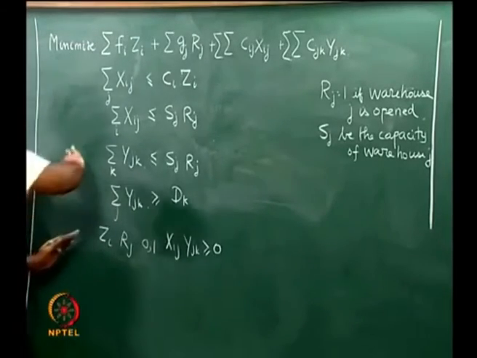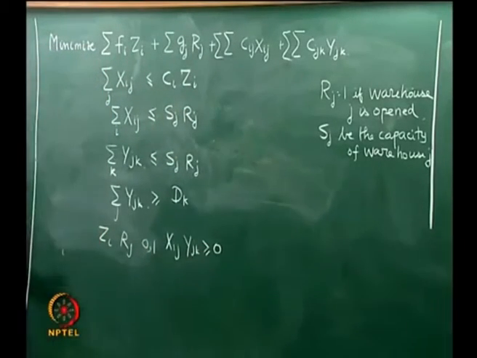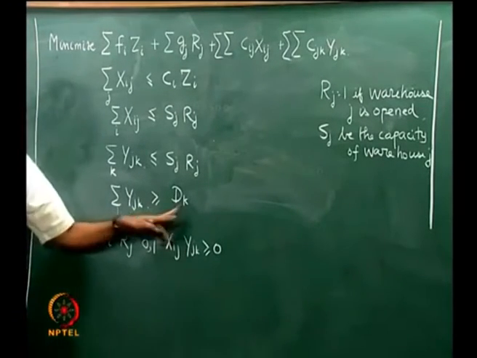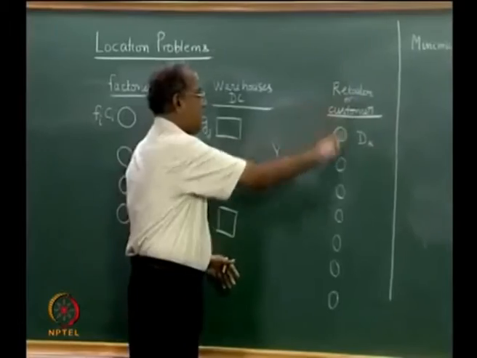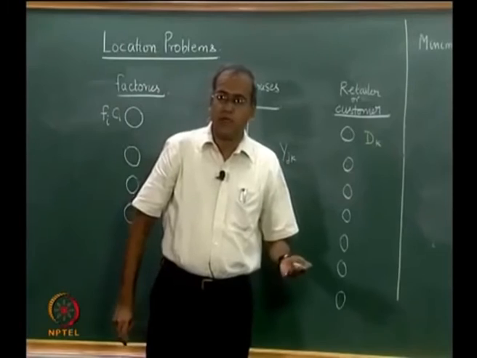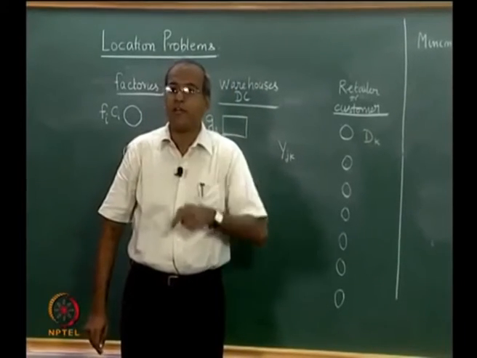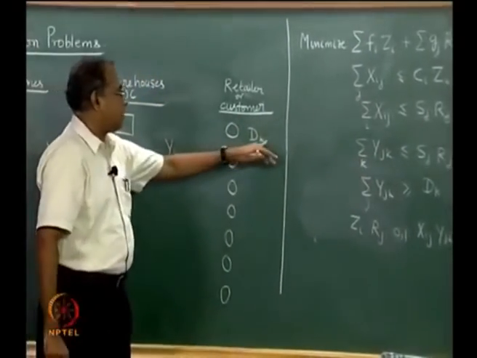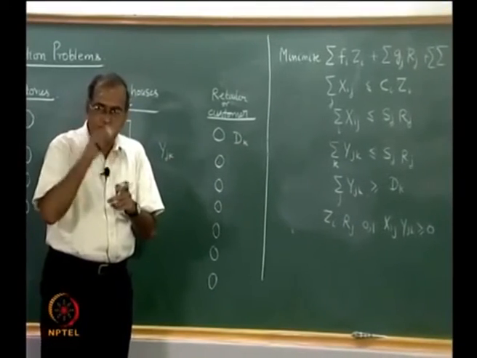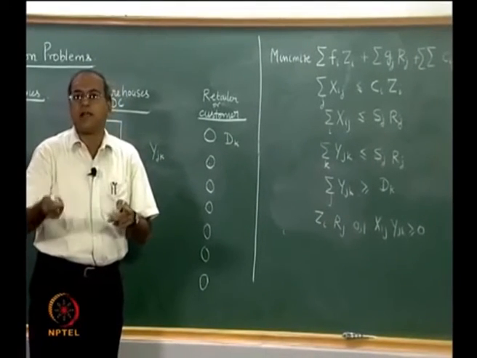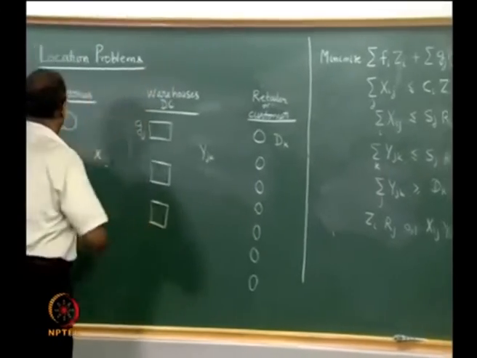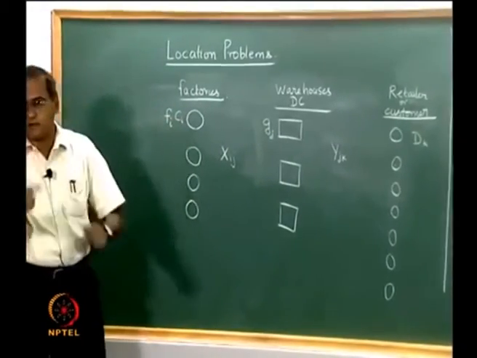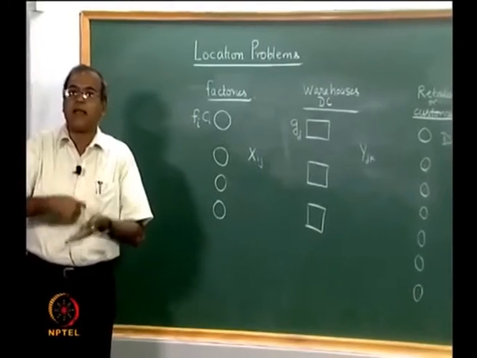Right now, the formulation talks about only one item or a single item that is being transported. So, dk is defined only as demand at customer k or at retailer k, which is for a single item or an equivalent item. Then we can add number of items into it, and this demand will now have a second dimension, which is at customer k for a particular item L, in which case the production capacities will now have to be defined for producing each of the items. It will not be Ci, it will be CiL.